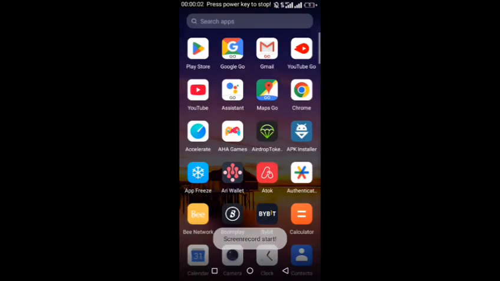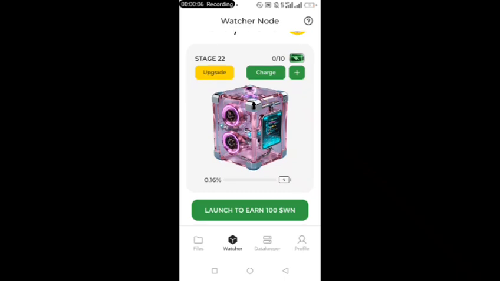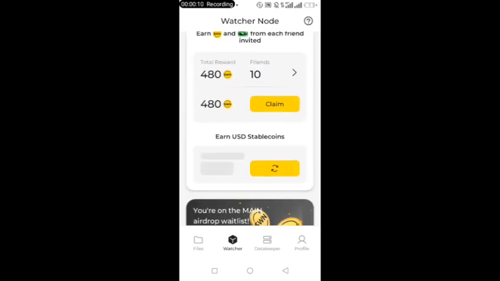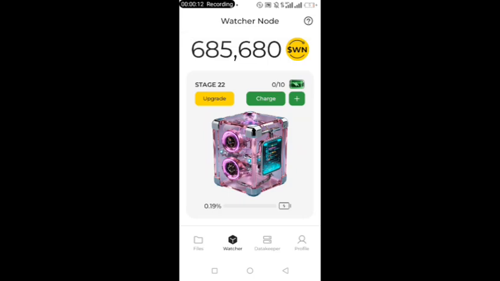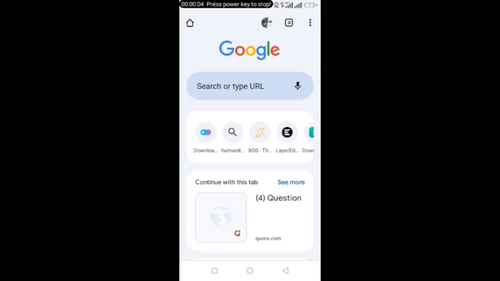So what you have to do is to open your Denet storage app, Denet Watcher Node. As you go down here, you can see I've already generated 10 referrals. I was just testing the dual space app, so I've already generated up to 10 referrals. So you have to go to your Chrome browser, you type in